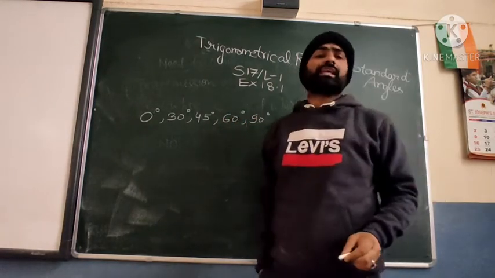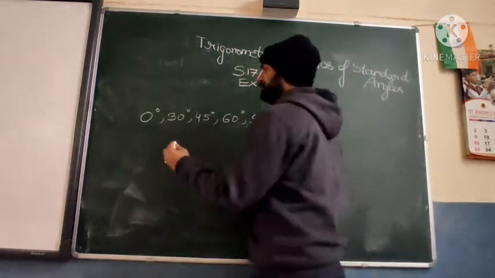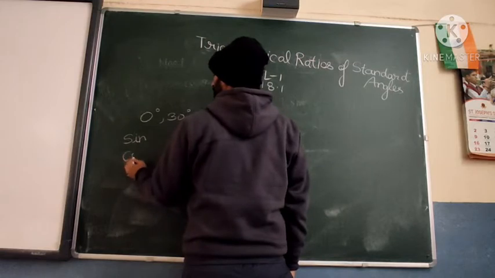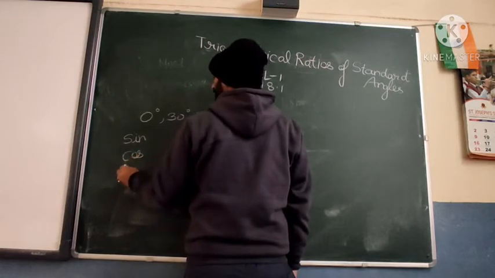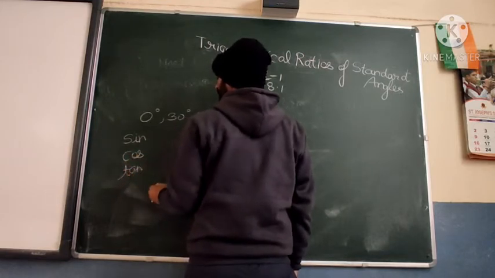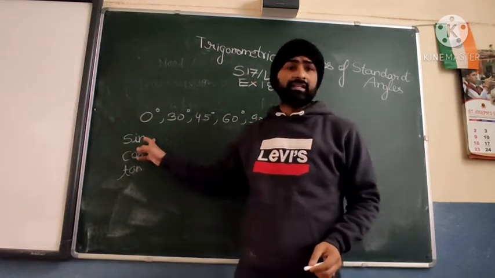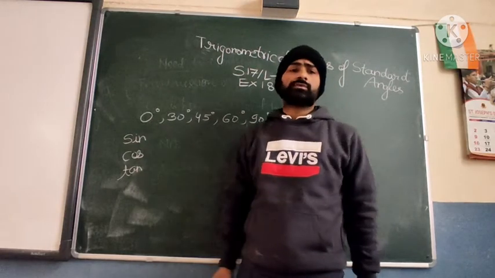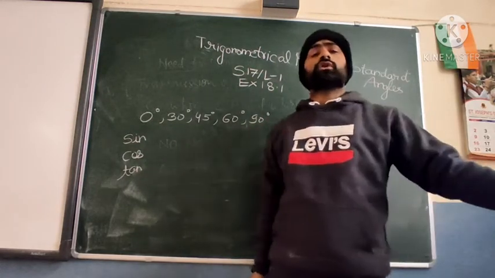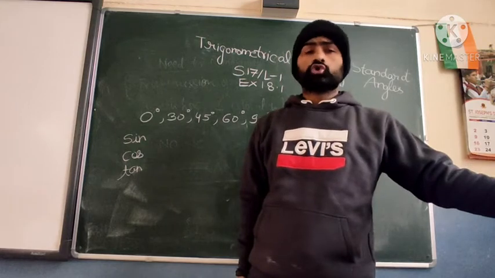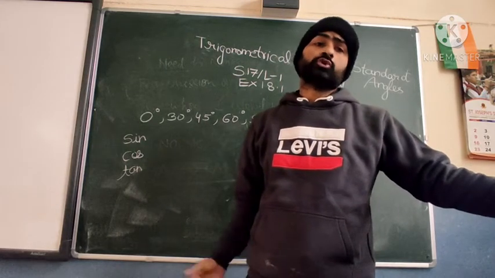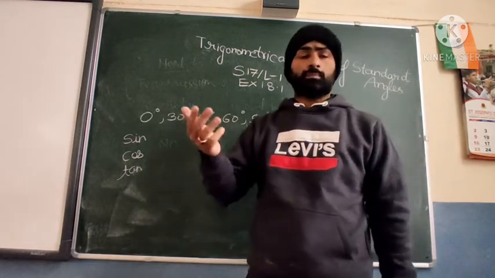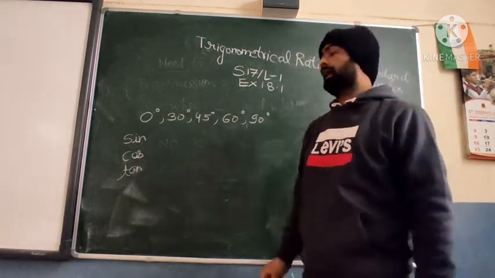In your book only one table is made for the different values of sine, cosine and tan, that is the tangent. The different values of theta are put here and you get the corresponding values. Based on this you can get a lot of questions, and that will also involve the concepts of using a right angle triangle and some angles, and then the concept of perpendicular upon hypotenuse, base upon hypotenuse and perpendicular upon base.